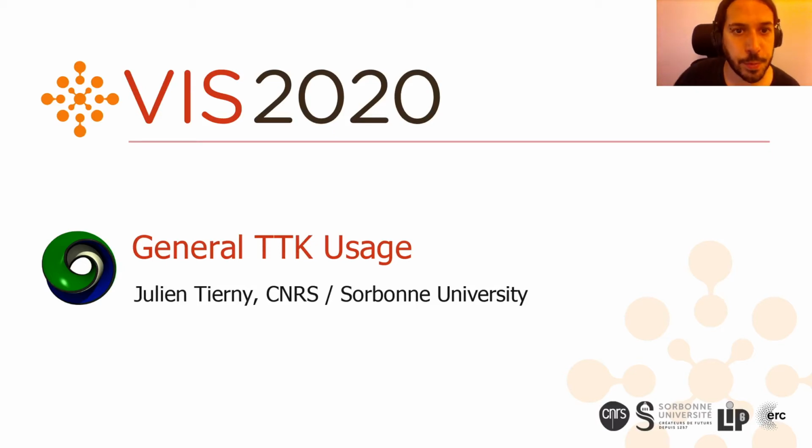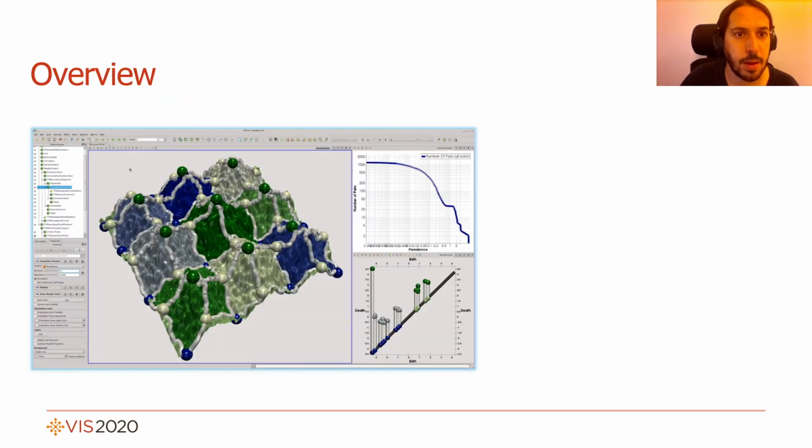Right, I will now present some guidelines regarding the general usage of TTK. For this, I will use this standard example, which is the toy example that is described in TTK's companion paper. So what you see here is a screenshot of ParaView. And here you recognize the pipeline browser that was introduced before and basically describes the sequences of processings that the input data goes through. In particular, in this example, the input data is a simple 2D terrain, which is a